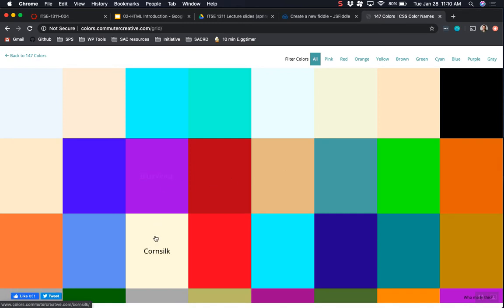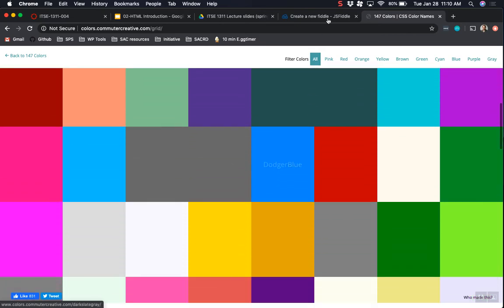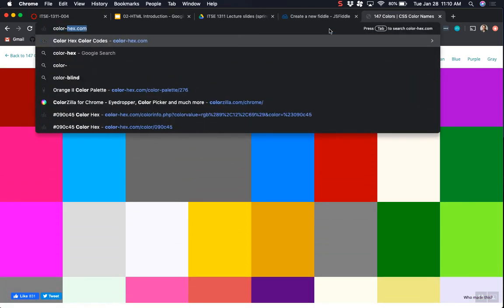So here's an example of the words that you can use. That gets you some basic colors. And we'll talk more about this when we get into